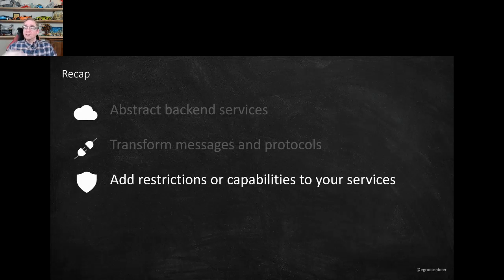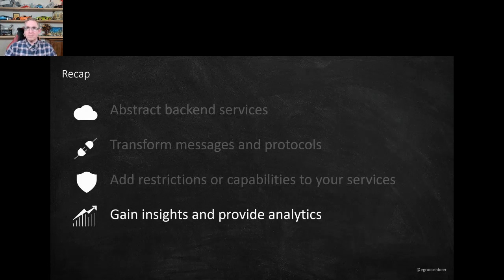You can use policies to add restrictions or capabilities to your services. So add things like rate limiting that we just saw, add things like caching that we had just seen, all those different capabilities that you can just add. Like I said, there's 30, 40 of them out there that you can easily add on top of your own APIs. And it's just a few lines of code, as I just showed you. Something like throttling is one line of code. I just say how many calls per minute, and it's done. So it's very easy to do this. You don't have to touch your backend, and this is awesome if you have servers that you cannot really touch anymore, or when it would just take too long for someone else to implement this on your actual backends.